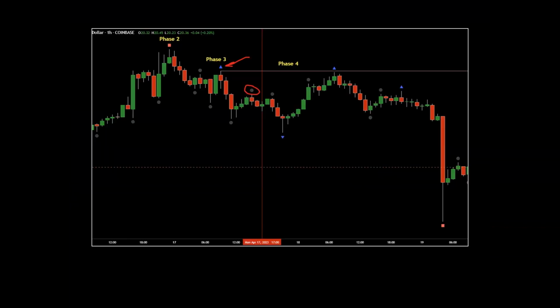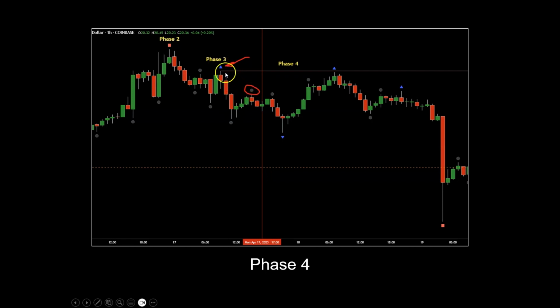So you can see right here in this picture, on our phase 4, how do we qualify it? Well, in the previous picture that I showed you guys from phase 3, we were looking at this impulse leg here, raided that short-term high, and then I told you guys that during the drop we would form a short-term